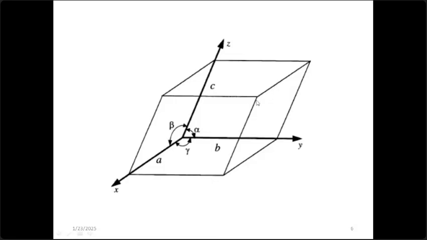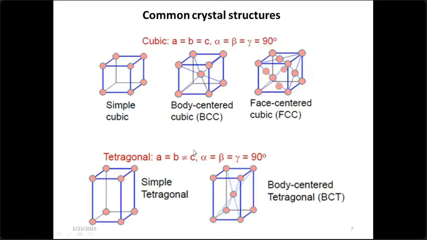Then we did talk about the unit cell, and this is a good diagram to represent the unit cell. You can see the angles marked alpha, beta, and gamma, and also the unit vectors a, b, and c. Now a is the unit vector on the x-axis, b the unit vector on the y-axis, and these angles can be 90 degrees, more than 90 degrees, or even less